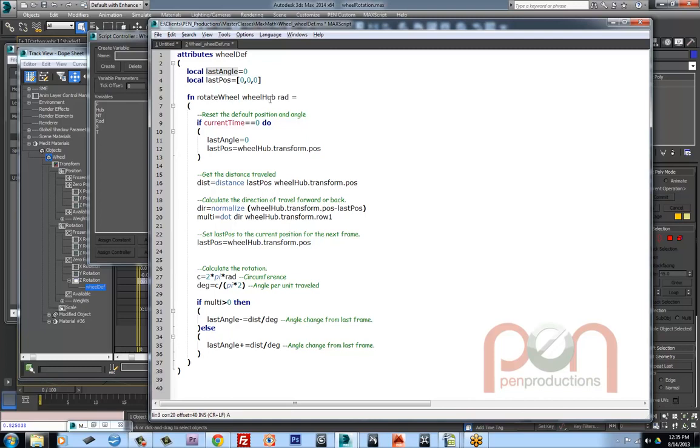Calculate the new angle of change, add it to the last angle, set that to the value of the rotation, and then make last angle equal to the value again. So what I'm going to do is do all the work inside this custom attribute definition with a function applied to it. This works really nicely as you start calling it, because you also don't need all of this stuck inside